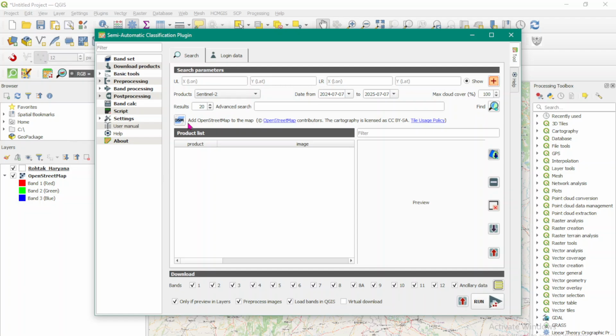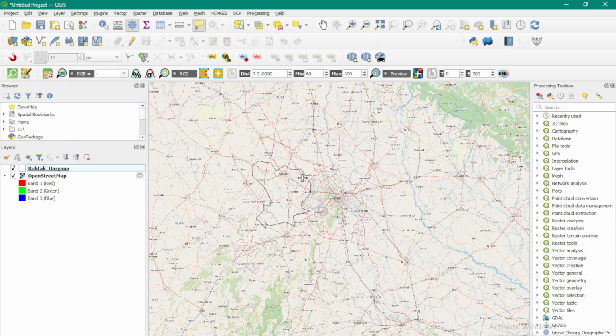Go back to the SCP plugin, and here you will see a small red option. Then click on this such that as you come back to your desktop, you will see it has turned into a plus sign. Now what I will do, I will bound my study area with this plus sign. So when you want to select, start selecting with left button and close the selecting by using right. Okay, so left to start and right to stop selecting.